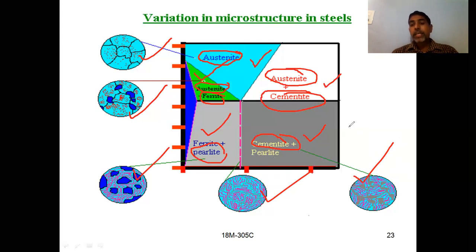In this way you have different microstructures. Here we are not interested in the words, whether it is austenite or perlite or cementite. We are interested in the variation in the microstructure. What we are going to learn is that when steel is cooled from the liquid state to the solid state, we have different structures at different temperatures and different carbon content. That is our interest here. We are going to discuss those terms in the coming sessions.